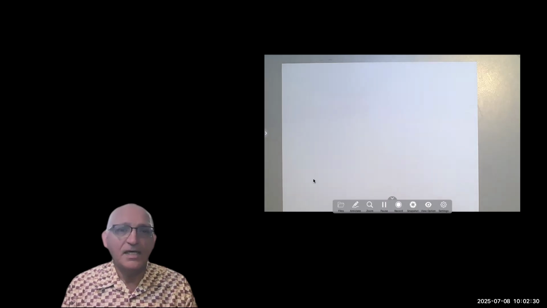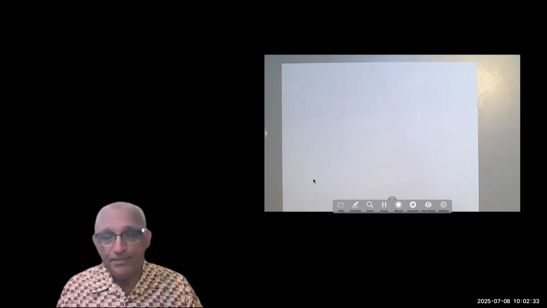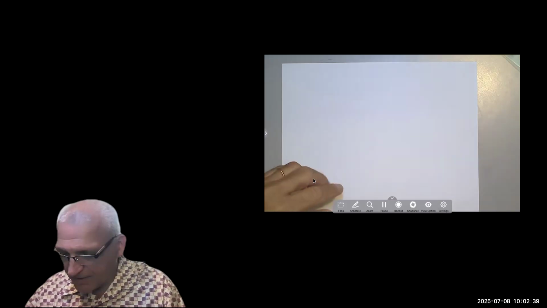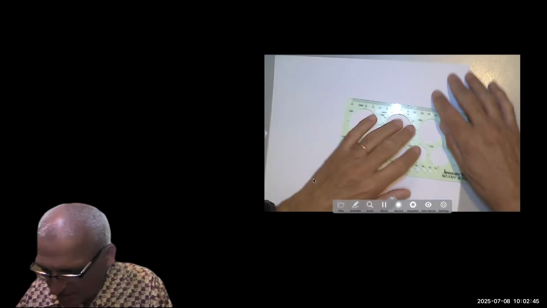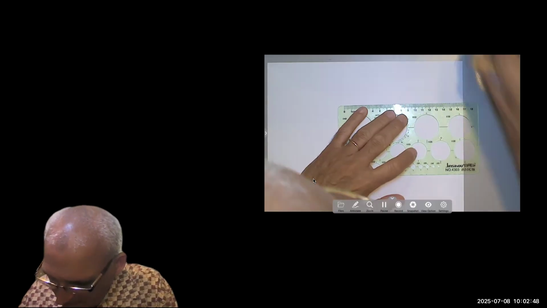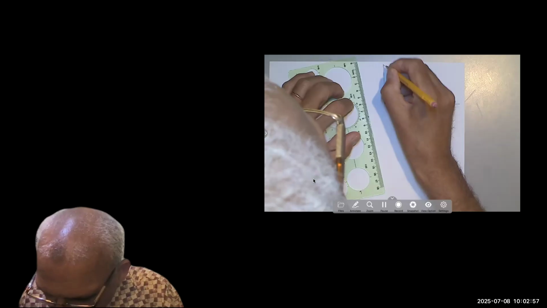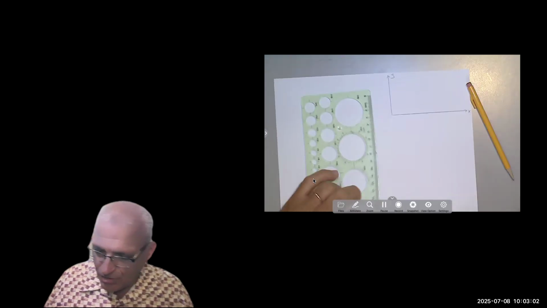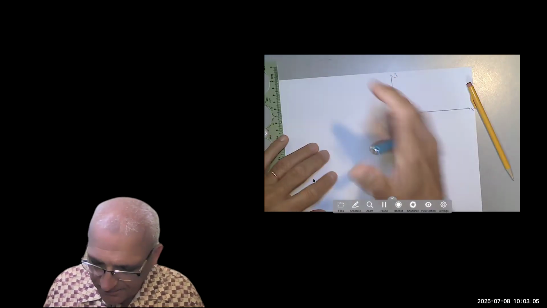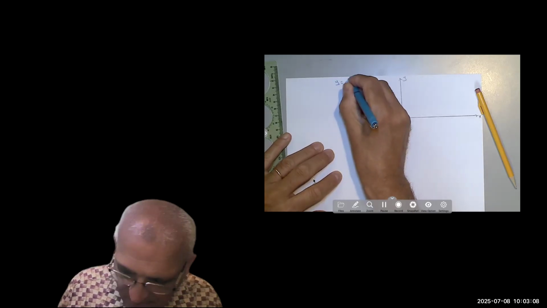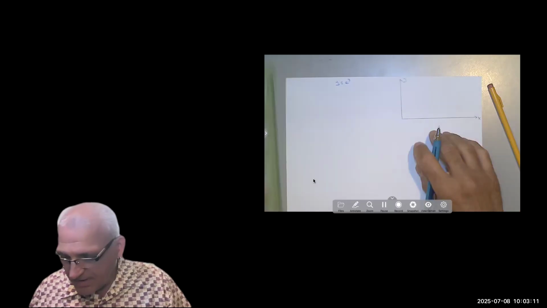So a power, like an exponent function, and a logarithmic function are two inverse functions. Let me show you how they look. Let's pick something that everybody would be familiar with. So if I want to draw, say, y equals e to the x, the e to the x function,